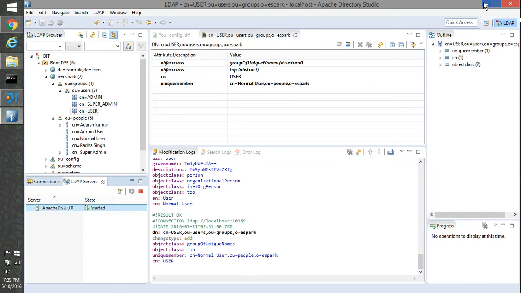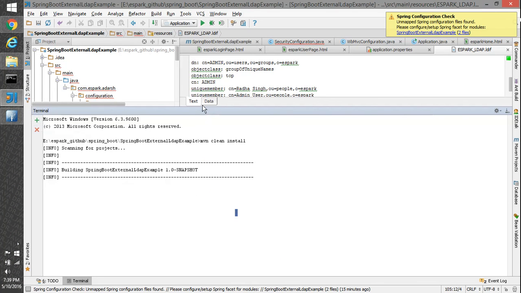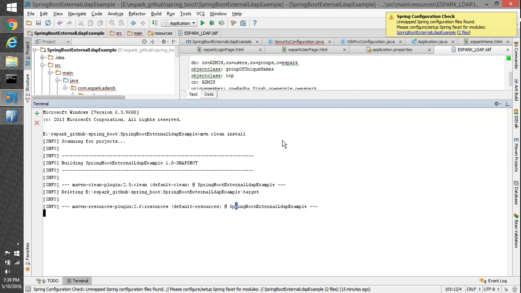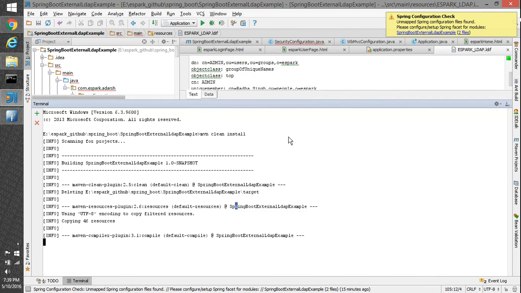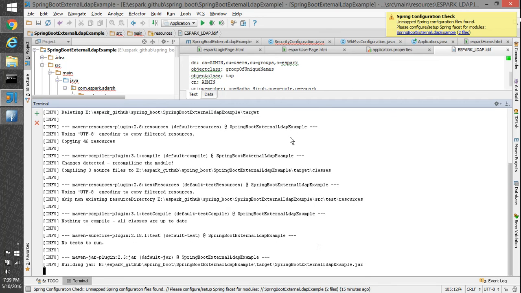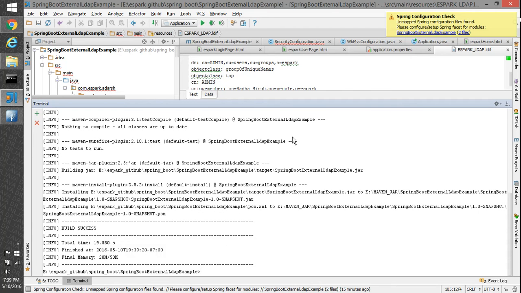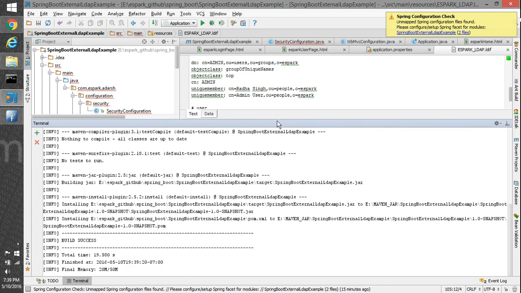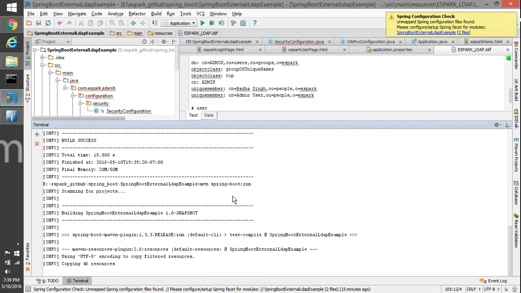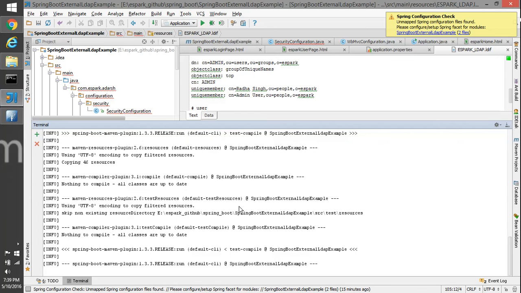So it's started already, and it has built successfully. I'll say mvn spring-boot:run. I prefer to start the Boot application from the command prompt itself. IntelliJ has its own terminal. You can use your Windows or Linux based terminals also, it depends on you.